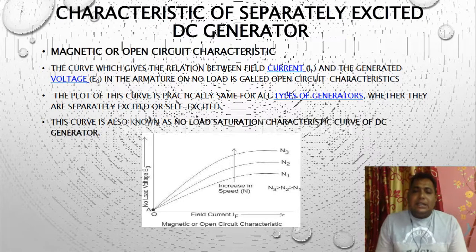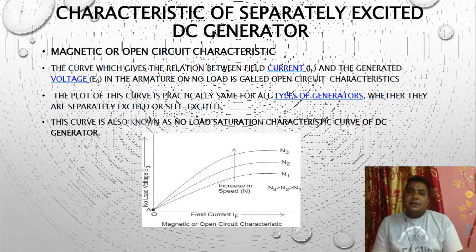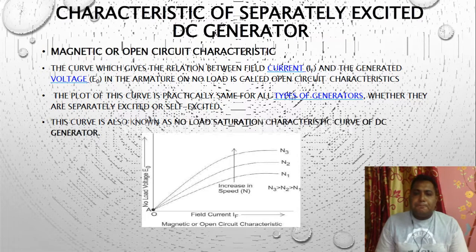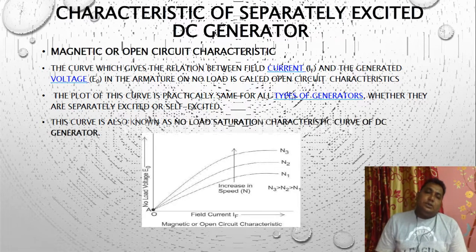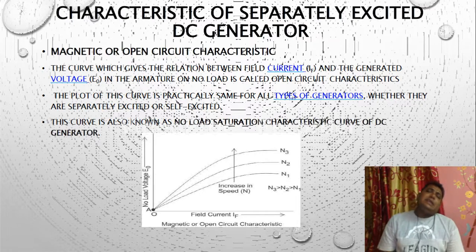That means in the DC generator we have supplied some field current, and due to that some flux is generated. That flux is cut by the armature winding, and that's why there is EMF generation. At that terminal that voltage is appearing, as the rotor section is open circuited. So this is the characteristic between the field current and the EMF or voltage induced in the rotor section. So initially when we are giving the supply to the generator, that time we can say that as the characteristic.